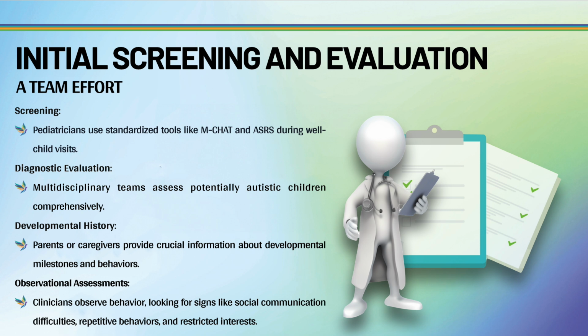Developmental history. A detailed developmental history is crucial to the assessment process. Parents or caregivers provide information about the child's developmental milestones, behaviors, and any concerns they may have. Observational assessments. Clinicians observe the child's behavior and interaction patterns during the evaluation. They look for specific signs and symptoms associated with autism, such as difficulties with social communication, repetitive behaviors, and restricted